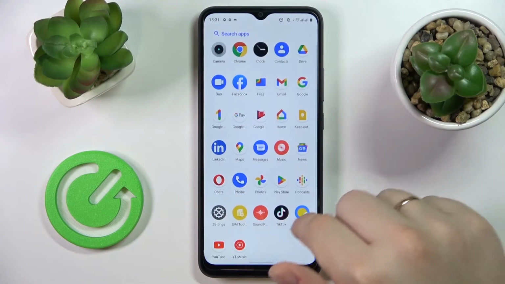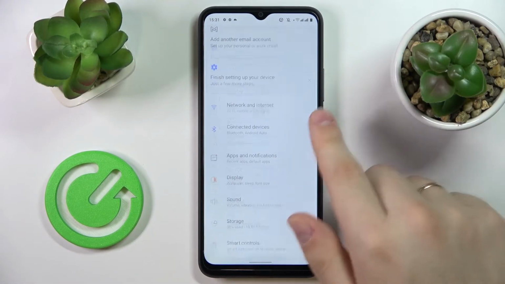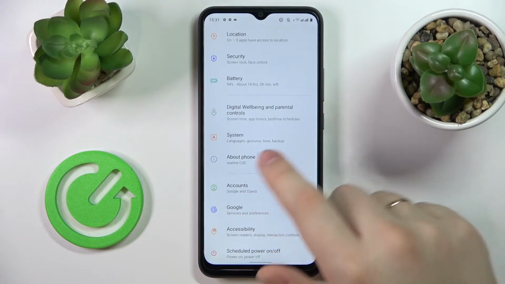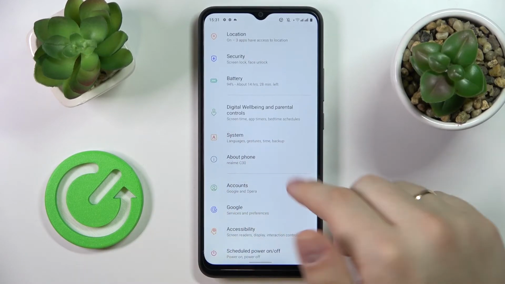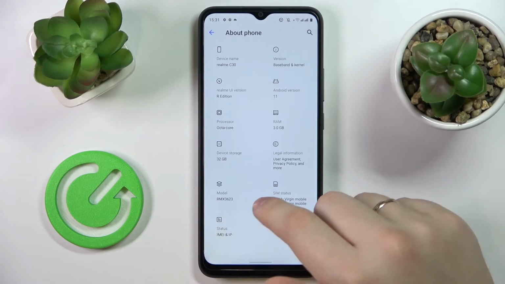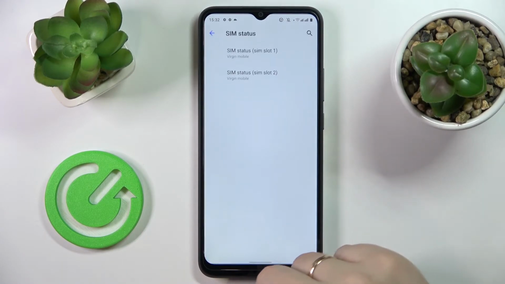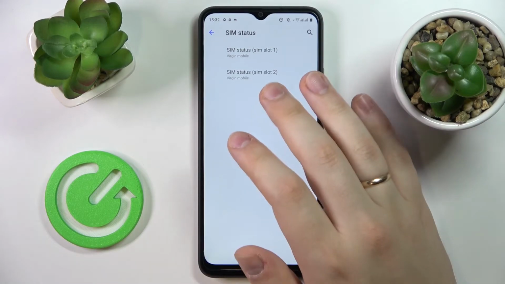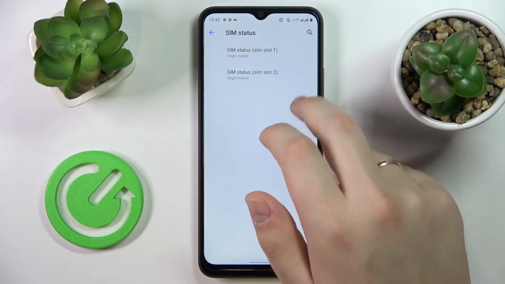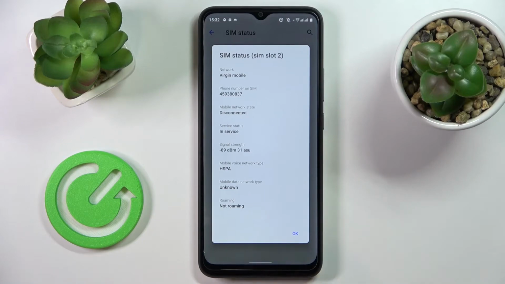First of all, you want to open the General Settings tab, scroll almost all the way down until you be able to see the About Phone category which you want to enter. In here, tap on the SIM status section,